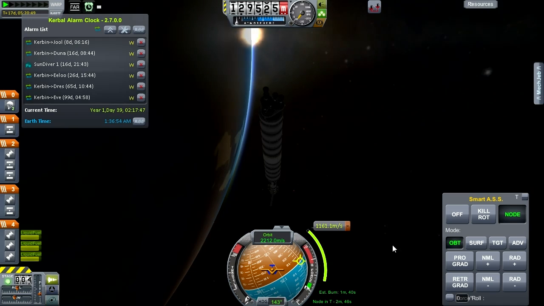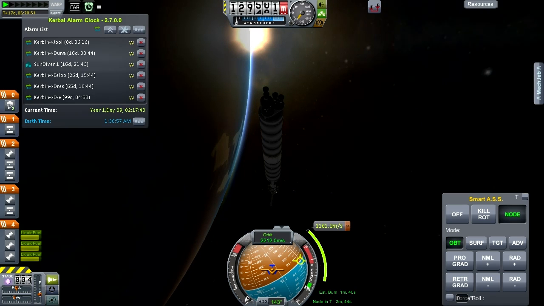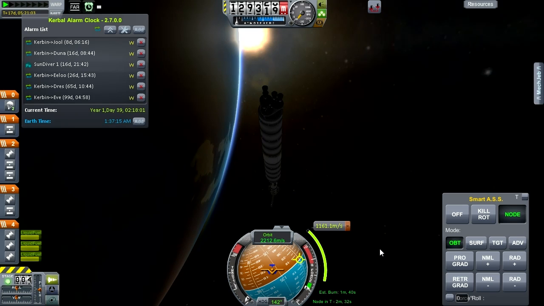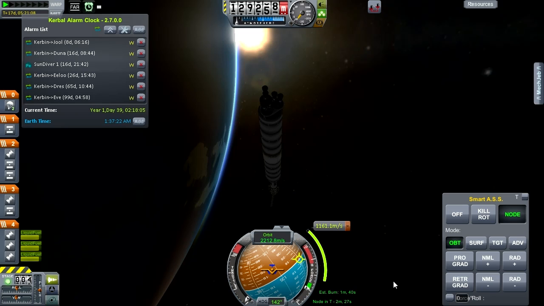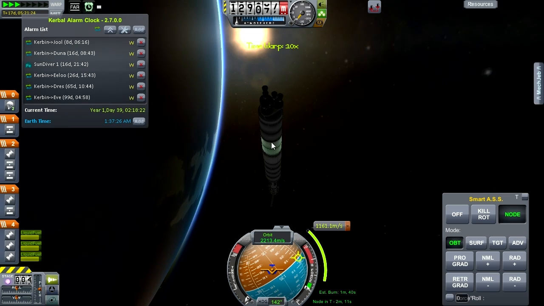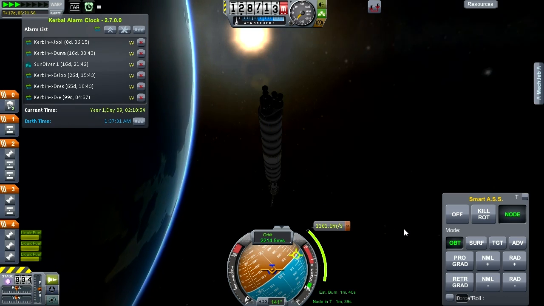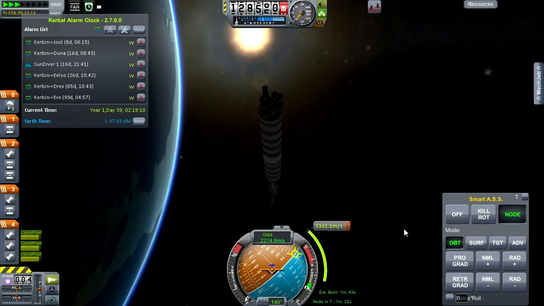One minute 40 seconds, and I need to make a quick adjustment on sound. There, that should be better. Alright, burn is 1 minute and 40 seconds. I'm going to go ahead and burn at T-minus 45 seconds because I expect this stage will probably run out before the burn is done. Could be wrong, but